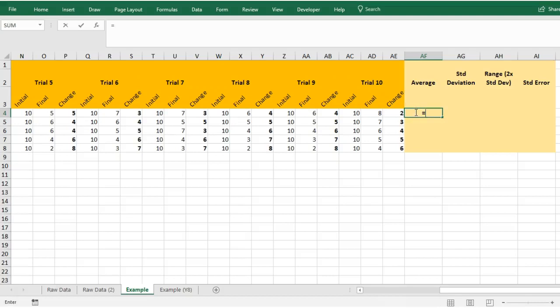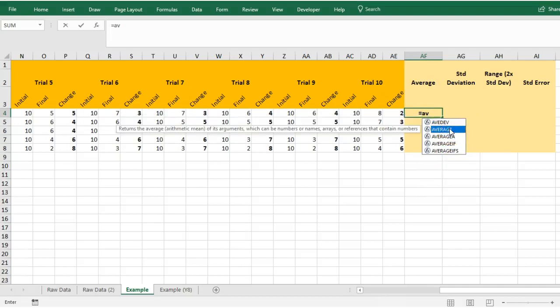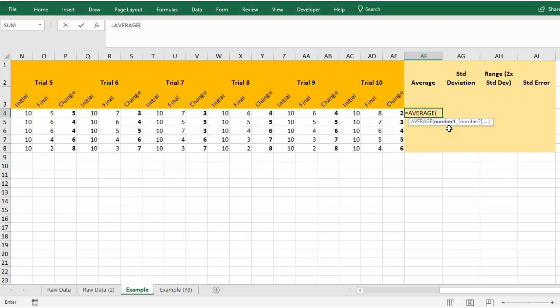So you go equals and start the word average, A, V. It gives you a whole heap of different types of averages. You've learnt about these perhaps in math, but in this case, we're just going to select average right now. And then it'll go, okay, average what? If you double click it, it'll put in the word average, and then it wants you to tell it which